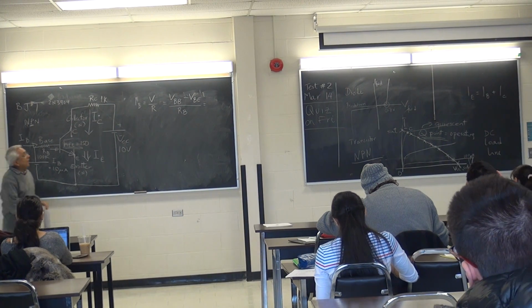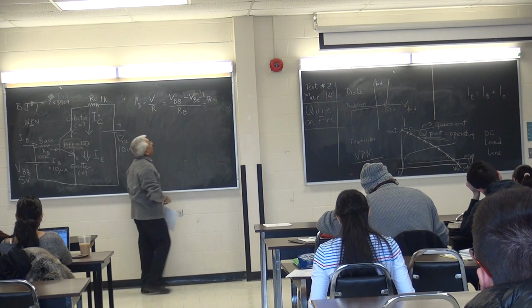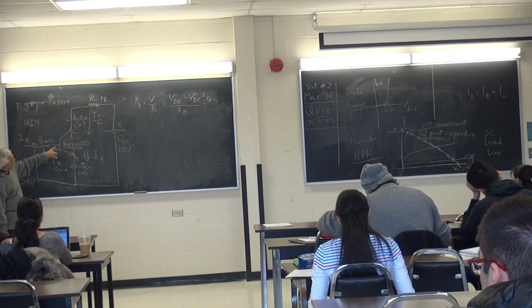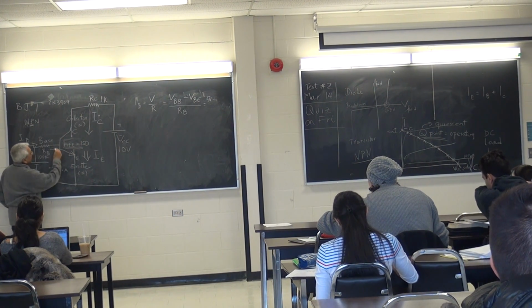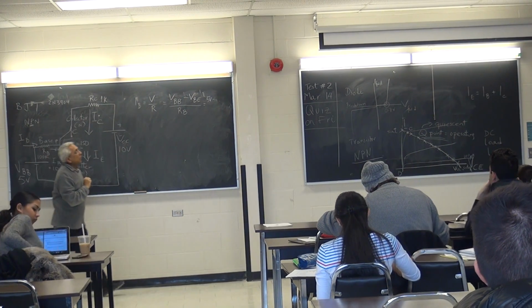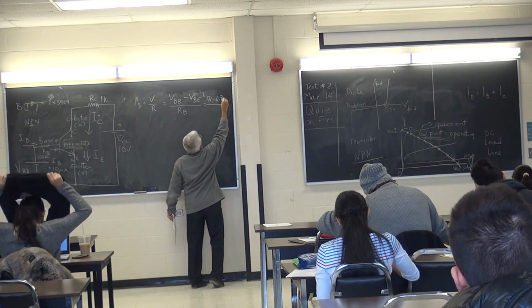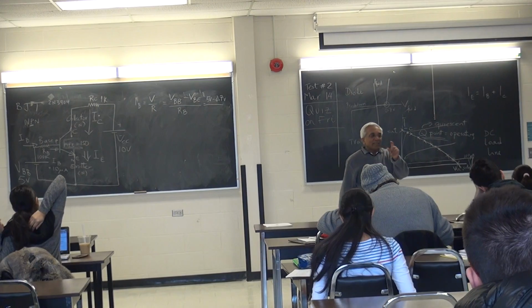VBB is given to be 5 volts. VBE happens to be the voltage from the base to the emitter through a PN junction. Here's P, here's N, PN junction, 0.7. You see where we get that 0.7? It is in a transistor between